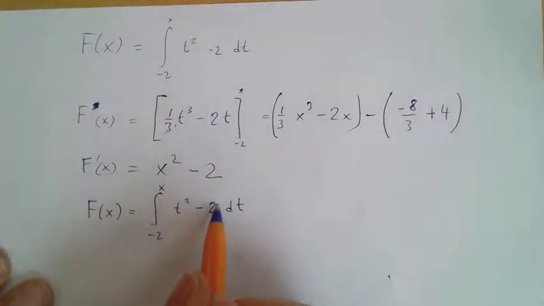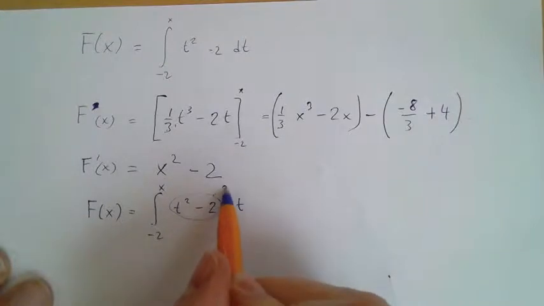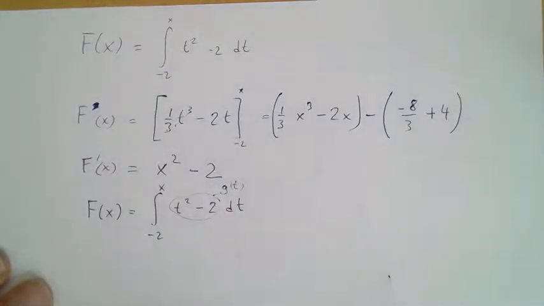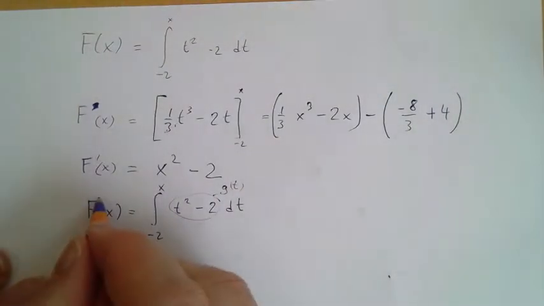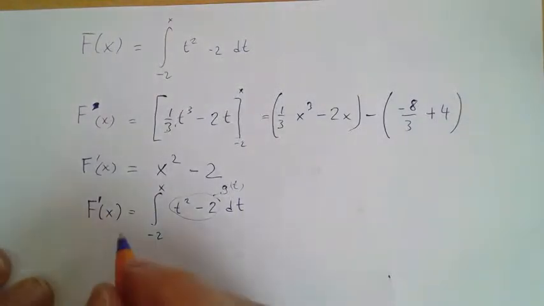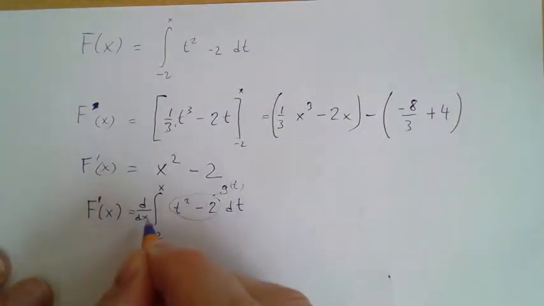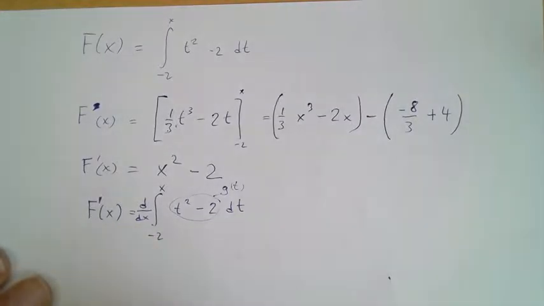So let's just say that this is g of t. Okay. So the goal in this exercise is to find f prime of x, which is finding the derivative of this integral. Well, what I can say is I can pretend I know what the antiderivative of t squared minus 2 is